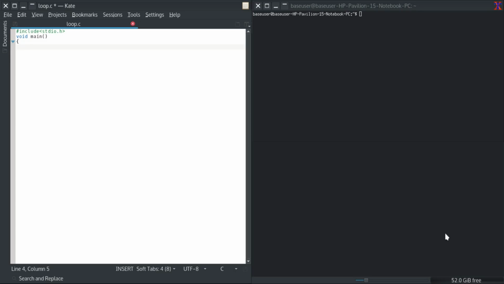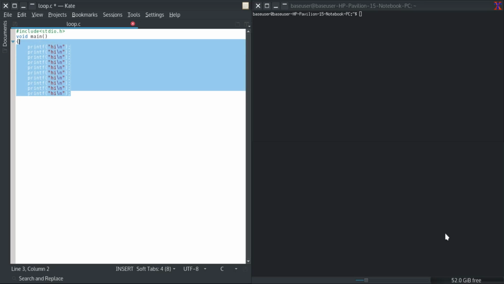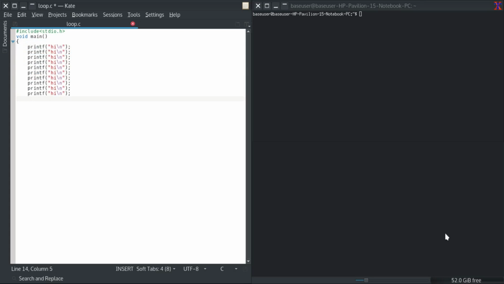Either I can do it like this, printf hi, new line, and I can just copy paste it 10 times like this. I just used 10 lines to print hi 10 times.